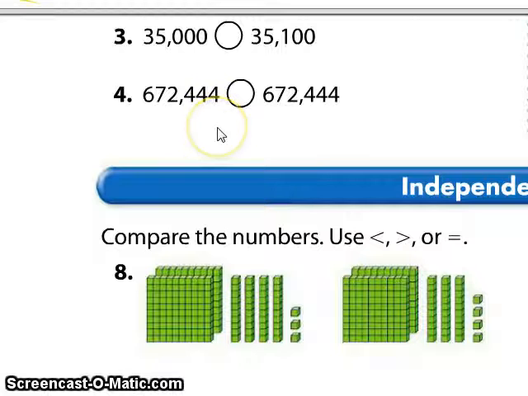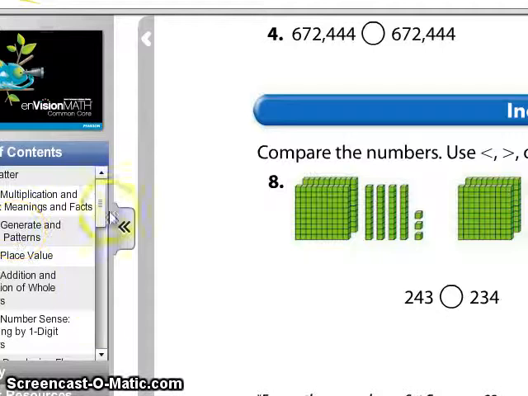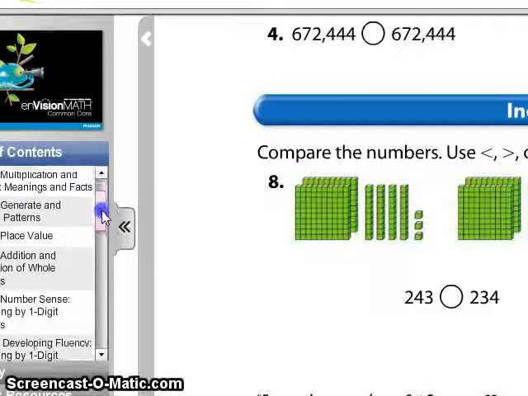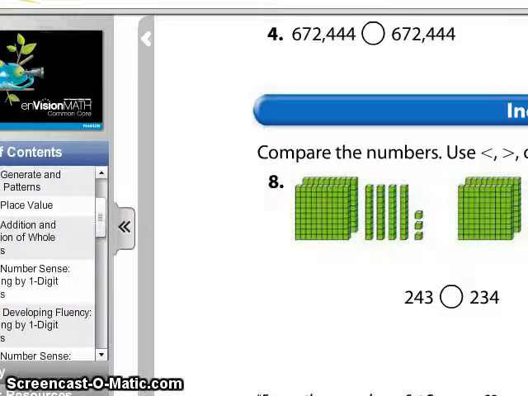So 672,444 is equal to 672,444. All right? Now tonight, for homework, you're going to need to do practice page 3-3,